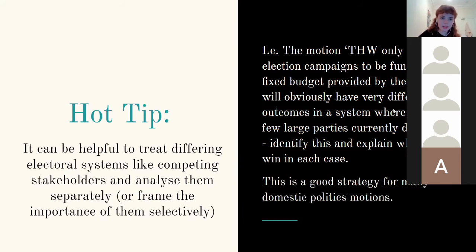And for a lot of domestic politics motions, we were talking a lot about electoral systems. Motions that you see on this topic won't always be 'This House prefers X electoral system to Y electoral system'. Those motions are actually kind of rare, usually because most people have decided what systems are good and the reasons for it. But it can be good in motions that are about the politics of a specific country that might have some quirks, and also motions that are just generally about a specific political party doing X, because the incentives of a political party are pretty much always going to be to maintain their mandate or grow it. And then you can talk about why specific electoral systems will impact that aim in different ways.